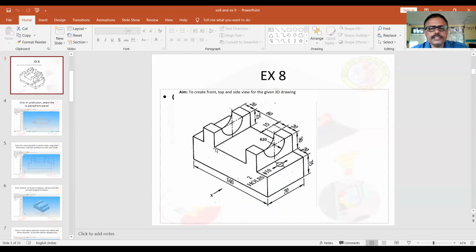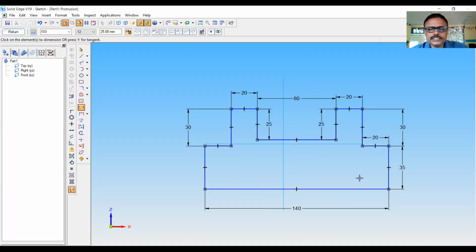This length is 25. This is 60. All these dimensions I have transferred in my sketch. This is the sketch or profile required to construct the base feature. The first feature we are going to construct in Solid Edge is called the base feature.